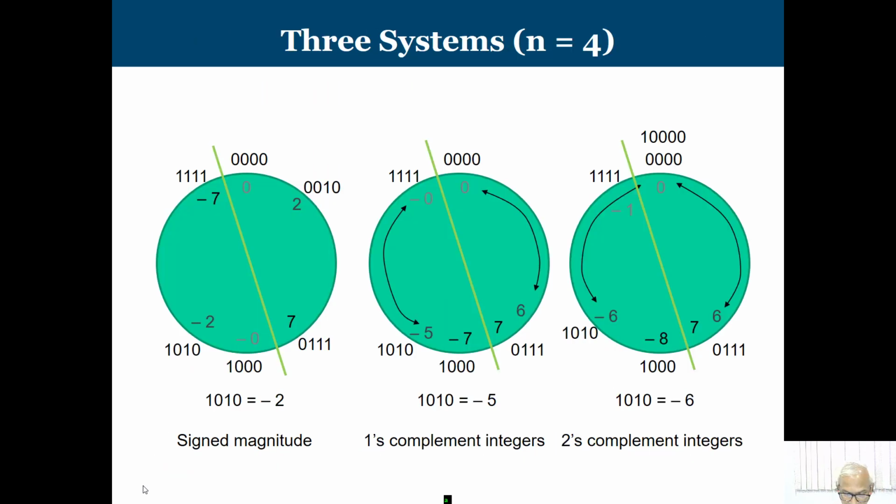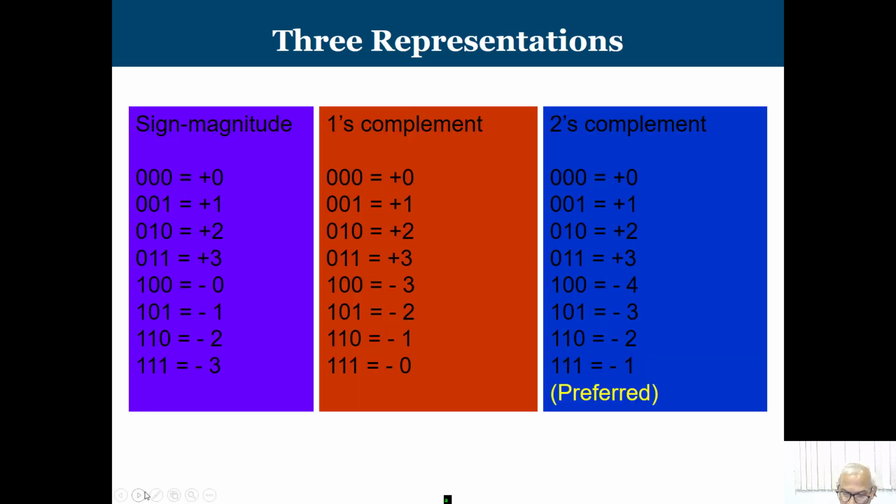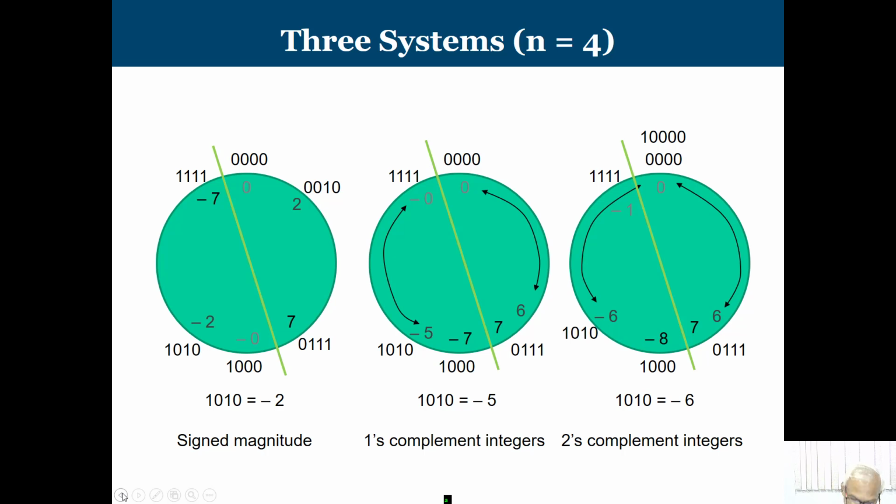This is the same thing again: we are saying that there are 3 number systems. This is sign magnitude, this is 1's complement, this is 2's complement. This is the line where it differs between positive integer and negative integer, or we can say natural numbers and negative numbers. This is the way we are representing it, or on the other hand in tabular form also. Here it is a number system with only 3 bits, so I can go from -3 to +3. In the previous diagram it is 4 bits.